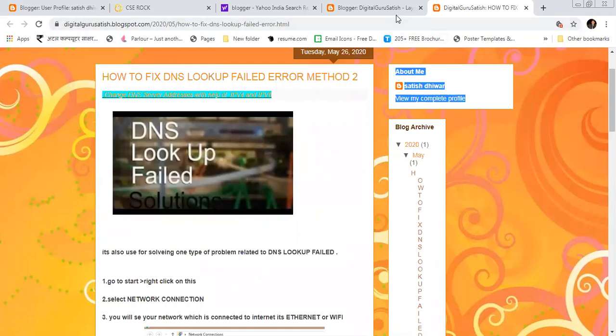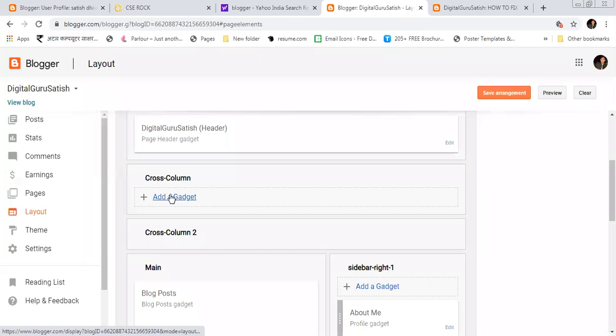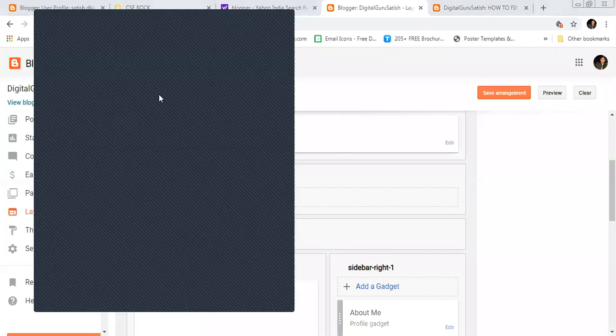So I'm again going to my dashboard. I'm clicking add a gadget, and I have clicked on the profile section. In the profile section, it says about me. So I'm changing this to about Digital Guru Satish.